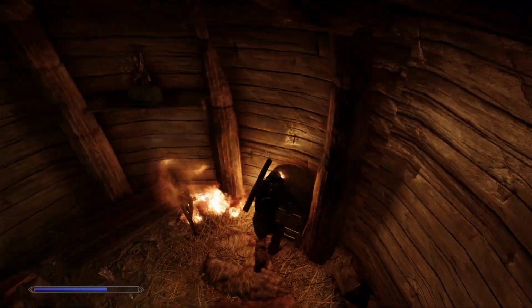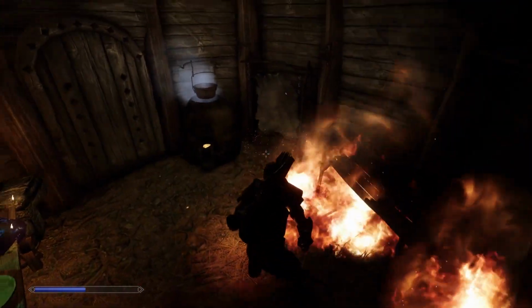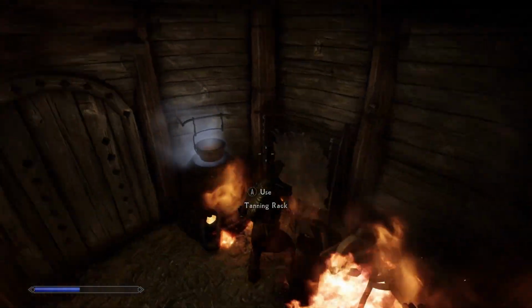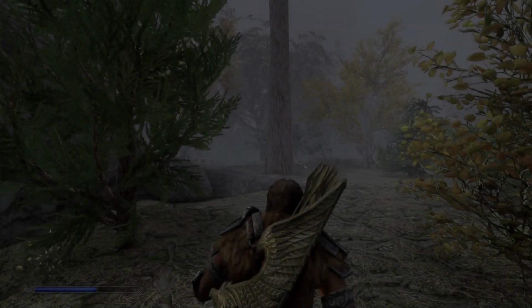There we go. So we have a little personal chest that's loaded with stuff. I may have already looted it, but the personal chests have more. Oh yeah, this is all the crafting stuff. Very nice. This is one of the smaller ones. I'm going to show you guys another one that was,